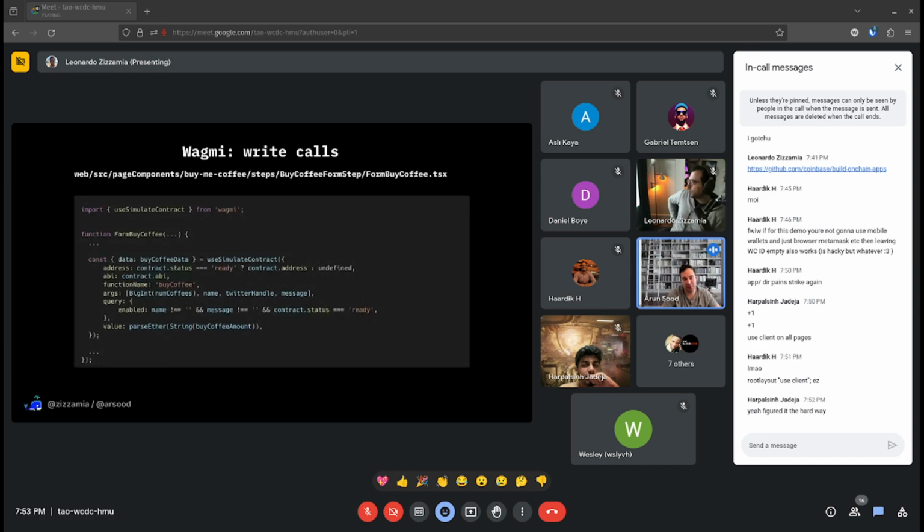So this is one of our page components within our React application for the Buy Me a Coffee flow. And we'll see that we can actually pull in some hooks from WAGMI that we then ended up using. So as you can see here, we're importing useSimulateContract from WAGMI. And then we're using it down below in order to begin the purchase flow for this Buy Me a Coffee